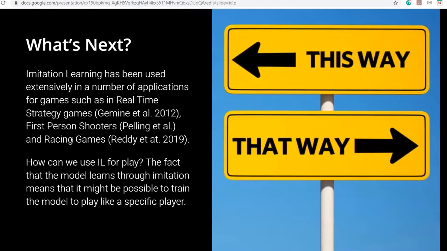So imitation learning is not a new area. In fact, there is a lot of research in this area with focus on applications in robotics. But there is also some research in games. The reason why it has recently become more popular is, like with a lot of different machine learning techniques, the rapid improvement of processing technology, which has allowed us to train models faster, paving the way for faster research and